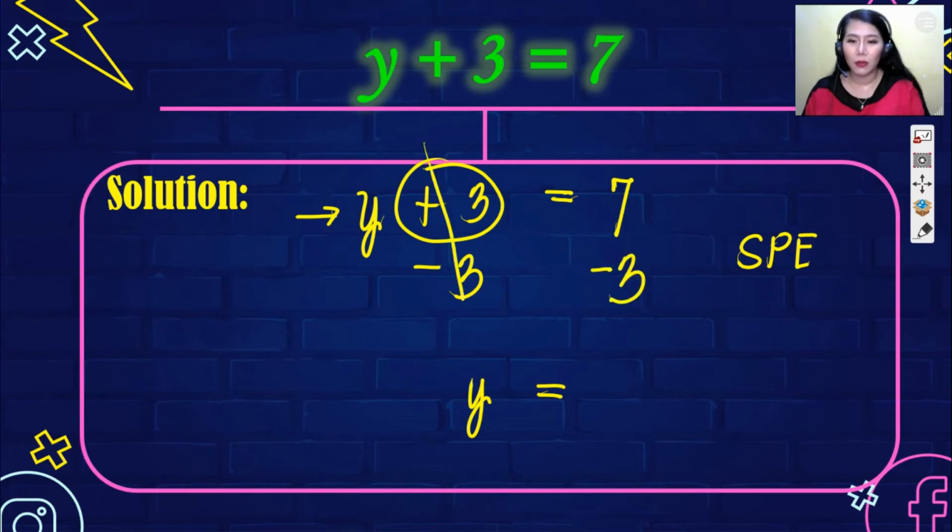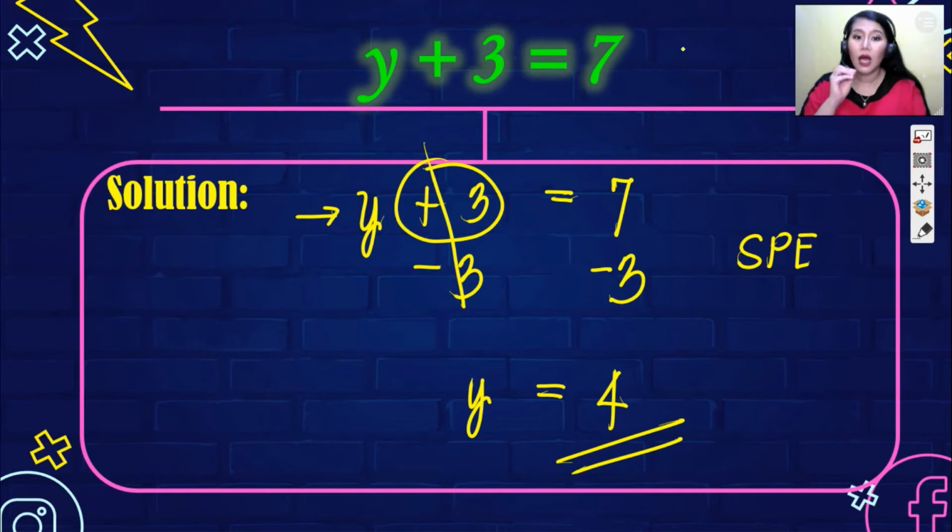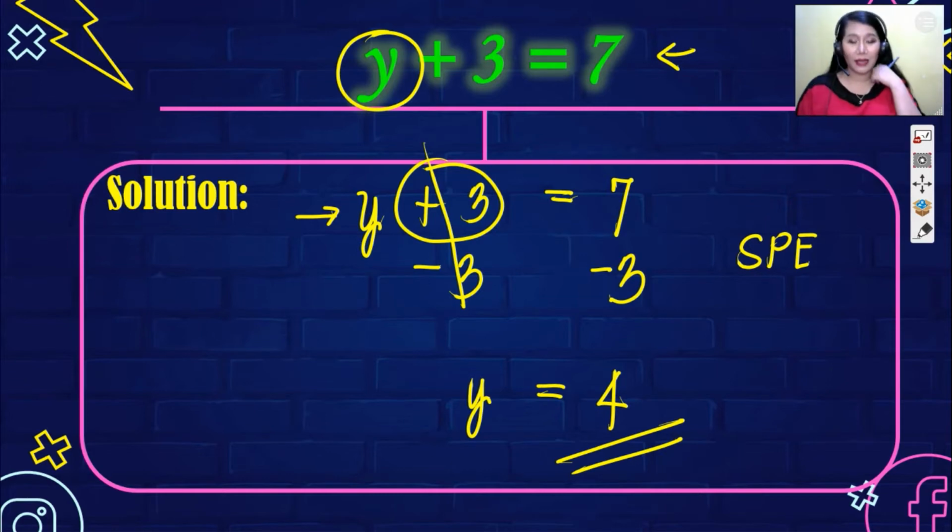And this will be already cancelled kasi 0 na yon. And then, 7 minus 3 is 4. So, this is supposedly the final answer to this equation. Ibig sabihin, yung value talaga ng variable na y must be 4 and not 5. Okay, so now that I have corrected this equation, I think we can proceed now to again, just a sort